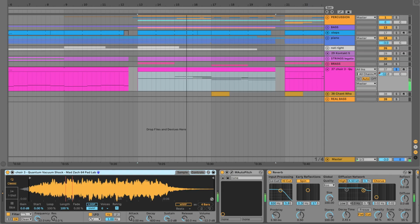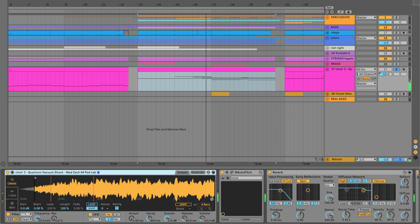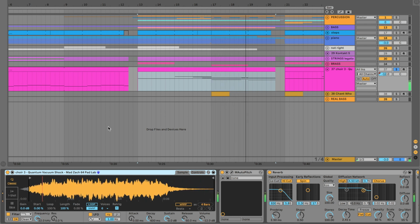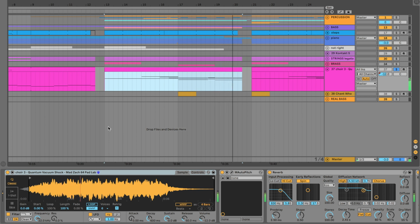Now it was time to make all of the really nice sounds that go with it. So I thought what would sound really nice with this is if I put in some choir. Choir would be quite nice because it adds, again, real darkness to it. Choirs always add darkness. Why do you think it's in so much metal music, eh? It made sense to add it in here. Choir sound from the Mad Zach 64 Pad Lab sample pack, I think. I found it on Ableton. Ableton was just giving it away, so...